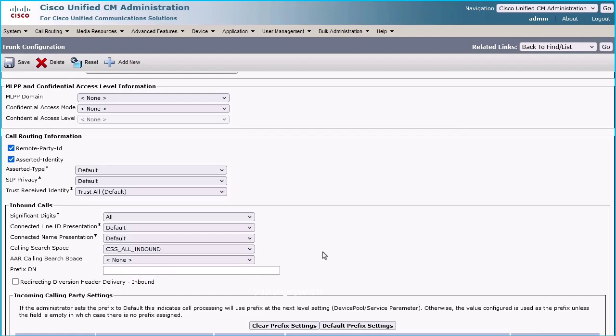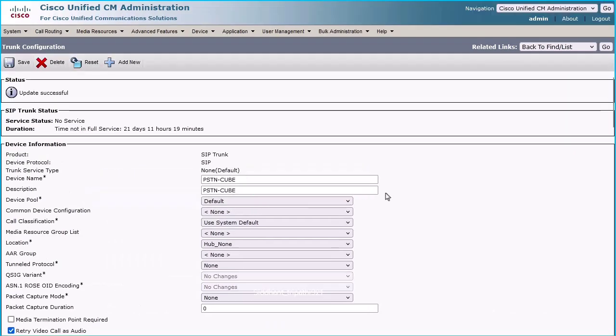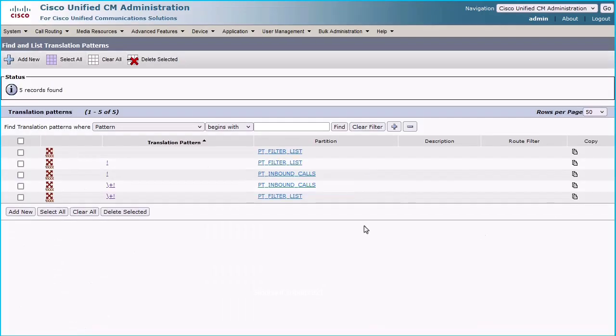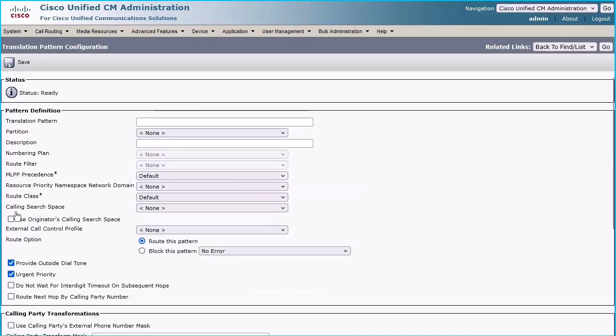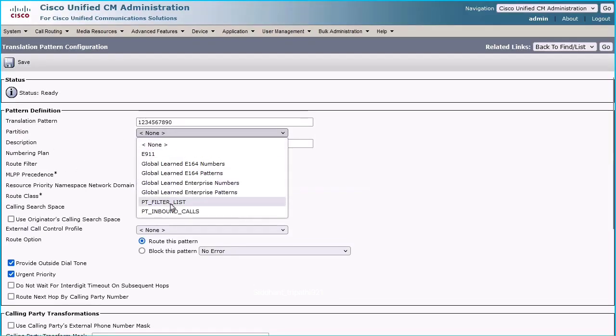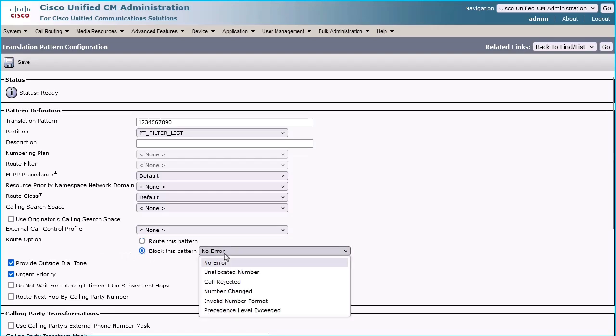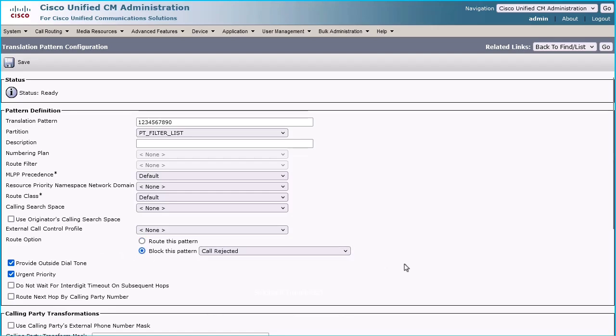Now create a new translation pattern with the calling number that you wish to block. Navigate to Call Routing, Translation Pattern. Click the Add New button. Put the number you wish to block under Translation Pattern and choose PT Filter List under the Partition section. Under the Route option, select Block this pattern and choose the reason as Call Rejected from the drop-down, and then